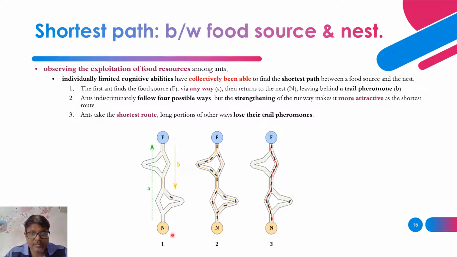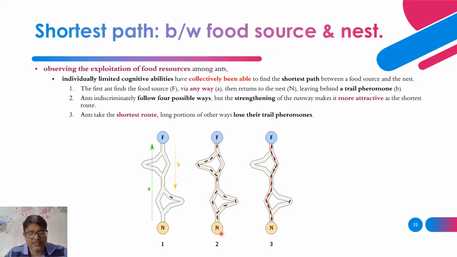While returning back, it leaves behind trail pheromones. So while returning, it lays down the pheromones. So what happens immediately? The ants indiscriminately follow the four possible ways while returning, but at the same time,